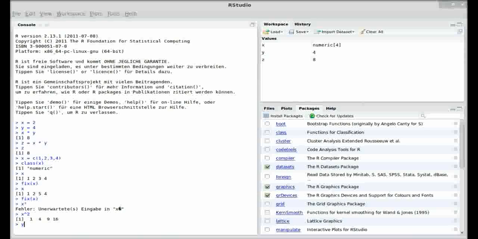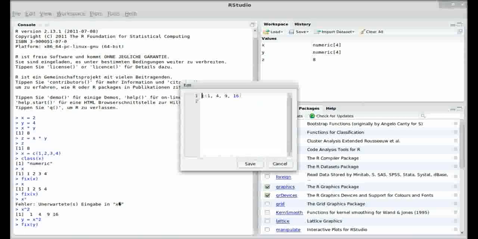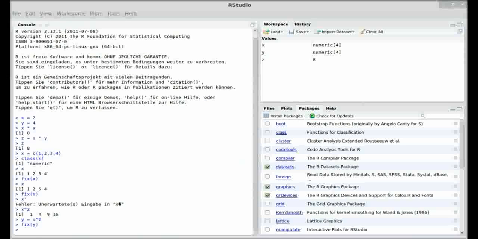And we can also say y is the same as x up 2. We can go here and ask, what is y? y is the same as 1, 4, 9 and 16. So now we have created two vectors, x and y, and I would like to show you another possibility which is quite useful in some cases